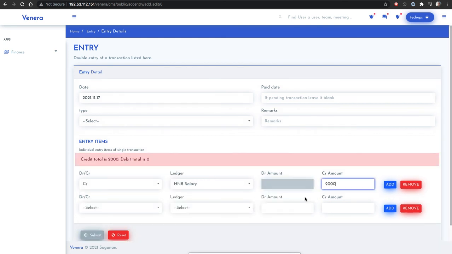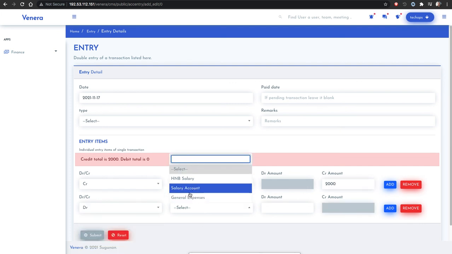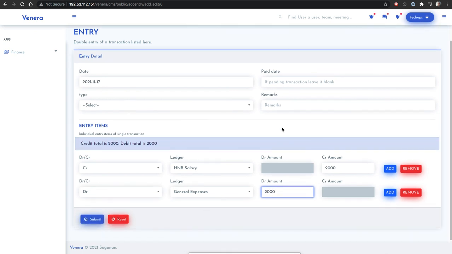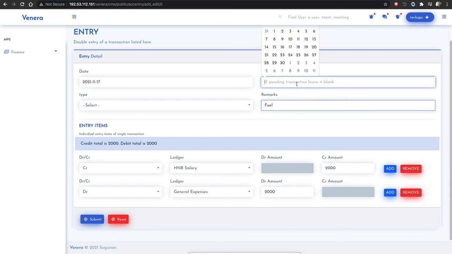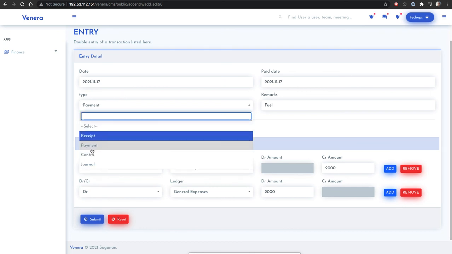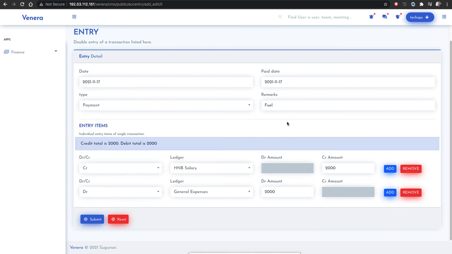So fuel I am spending 2,000 rupees, debited to general expense 2,000 rupees. So it's for fuel, and we can say it happened today, and it's an expense for payment. We can even go for contra or journal, those are accounting financial terms. So I added, so records are there.